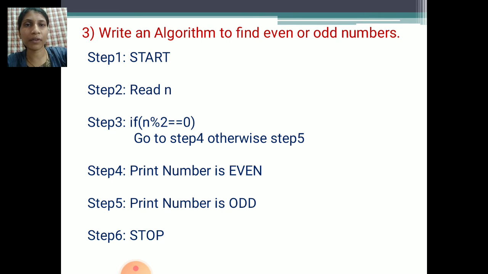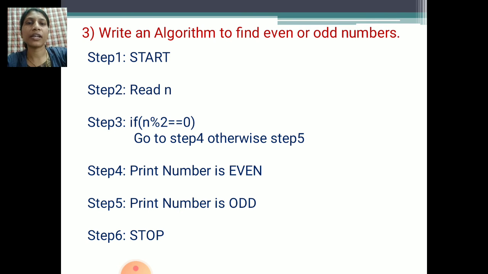For example, if n is 4, 4 divided by 2 is equal to 0 remainder. 4 is divisible by 2, so the remainder comes 0. So 4 is an even number, and it will print on the monitor screen: 4 is an even number.